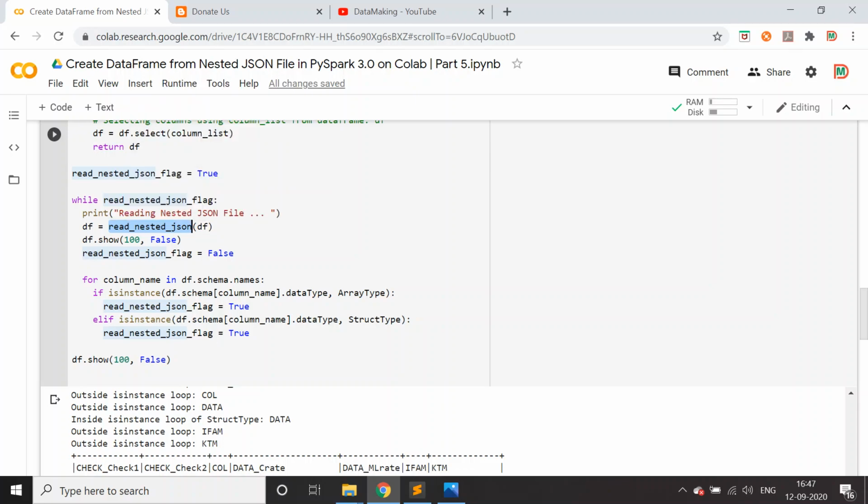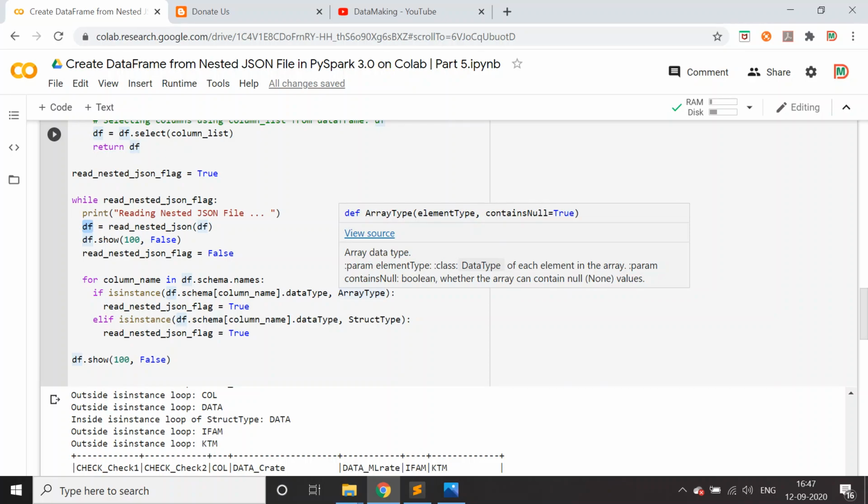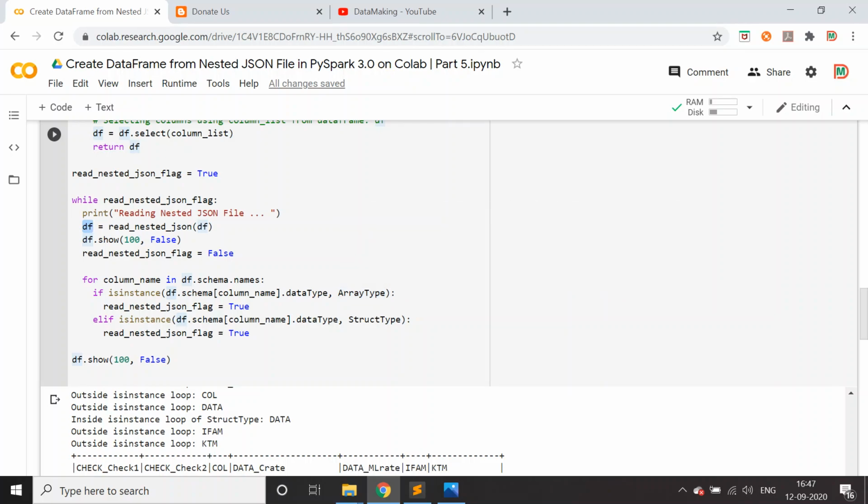I will explain the function. Once it returns the data frame, I'm going to show the data frame. And I'm also going to find out if any columns in the data frame have a struct or array type. If it is a struct type, I'm going to flatten it using the dot operator.